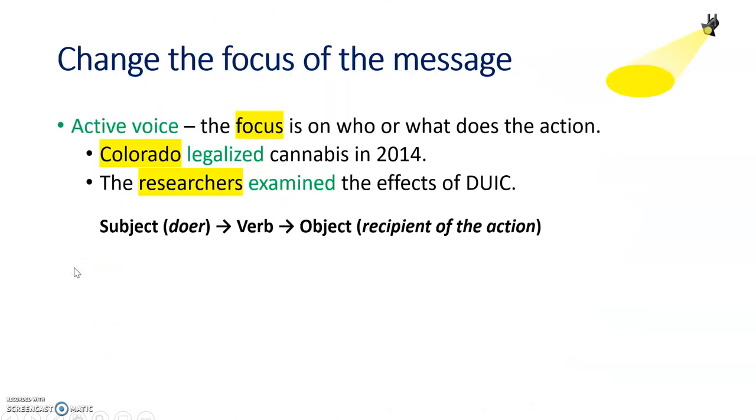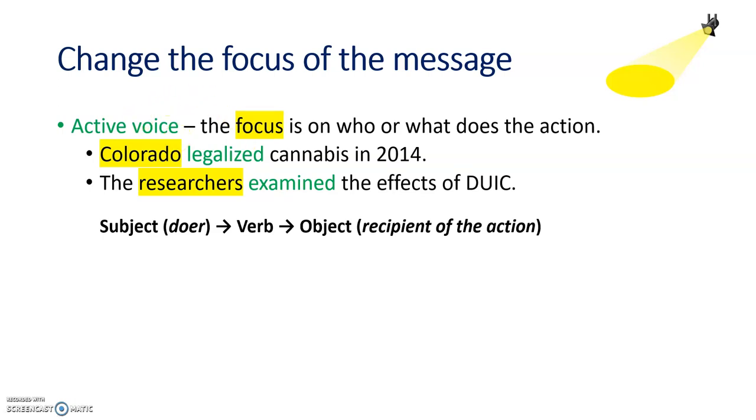So basically we have active and we have passive. The active voice puts the focus on who or what does the action. So if we look at these two examples, Colorado legalized cannabis in 2014. So we see that the main doer of the action is the state of Colorado. And we have the verb in what we call the active form. It can be in the past, it can be in the present, it can be present perfect, or whatever we